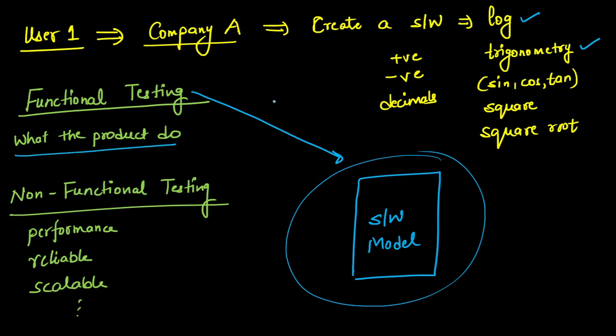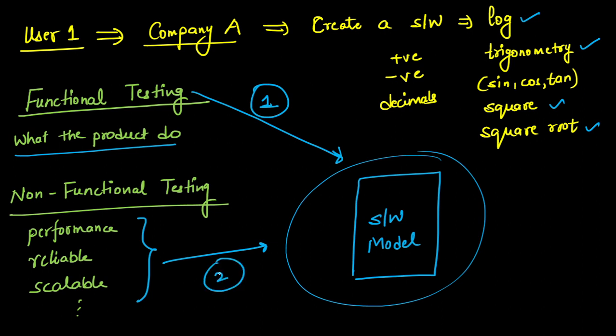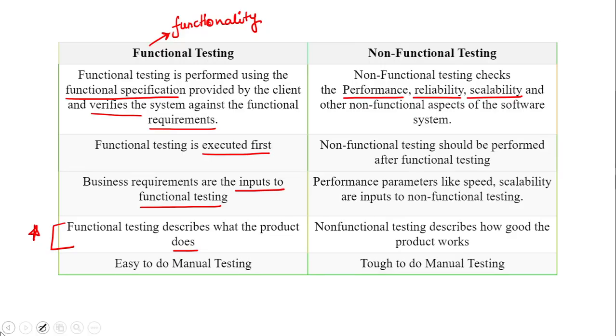So first you will do functional testing. That is, first you will create a software and then you will do functional testing कि whether my software is doing all these things or not. And once the developer is satisfied कि ठीक है, I have done all these things as told by the user, then the non-functional testing will come in. अब ये देखा जाएगा कि is this software slow as compared to the other software, और is this software reliable or not, whether it is giving correct results or not. So first step होगा आपका functional testing, उसके बाद you will be able to perform the non-functional testing, ठीक है? This is what they are saying.